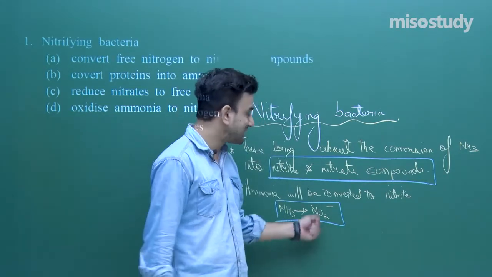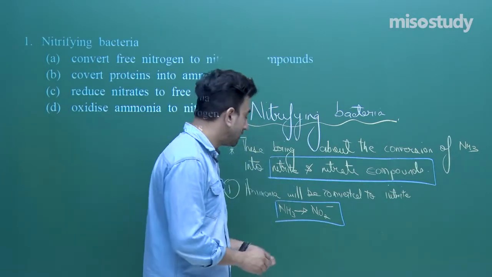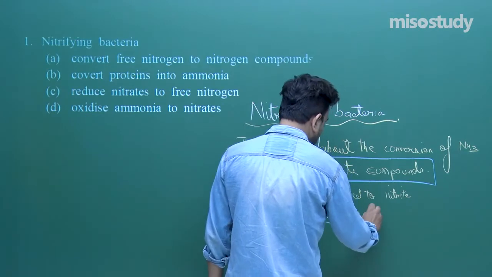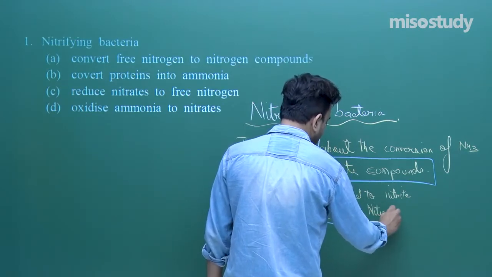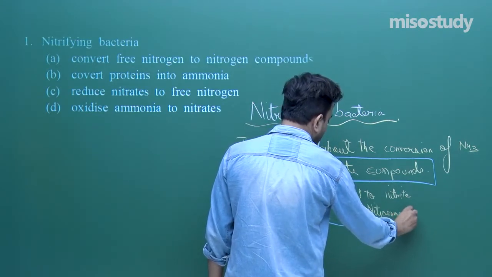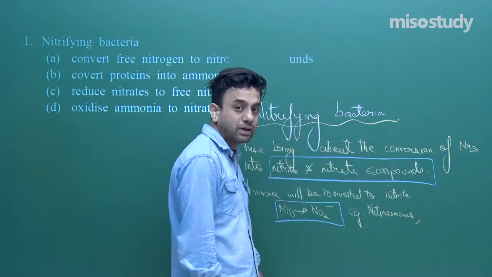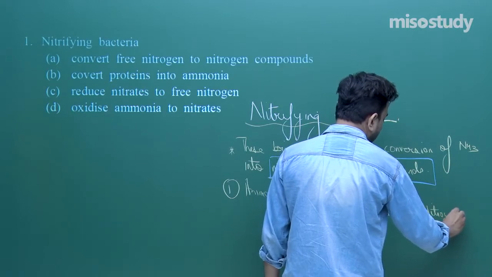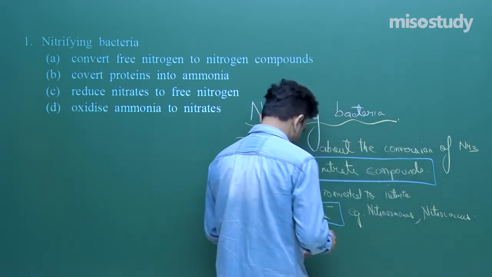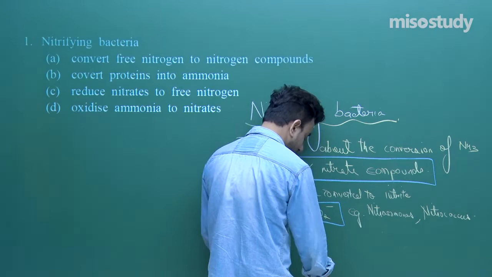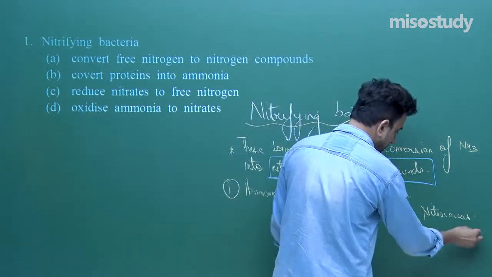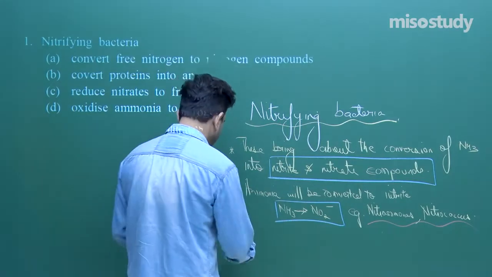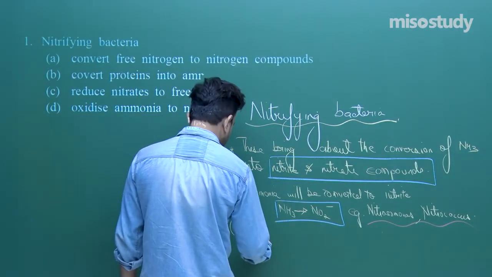Okay, jokes apart. So the examples of these bacteria which convert the ammonia into nitrite are Nitrosomonas, Nitrococcus, right? Nitrosomonas and Nitrococcus, and the second one which we will see, that nitrite